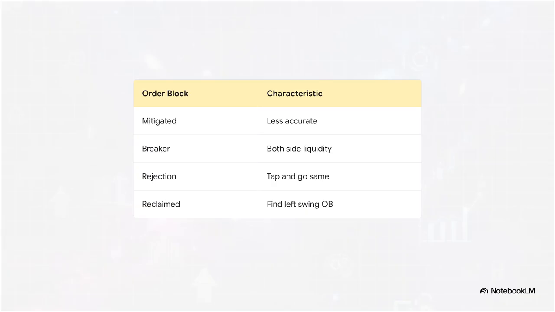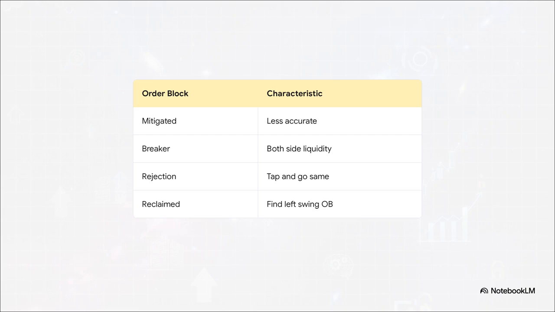Let's slow things down just a bit here, because not all order blocks are identical. For instance, a mitigated block has already been tapped by a pullback to the higher high of the last selling candle, which kind of makes it less accurate for future use. A breaker block is highly aggressive. It sweeps liquidity on both sides before moving. Then you have rejection blocks, where the price violently taps with a wick, but the body doesn't close over the last swing, just a quick tap and go. And finally, reclaimed blocks, where a shifting trend taps a point of interest only to reverse and reclaim the previous